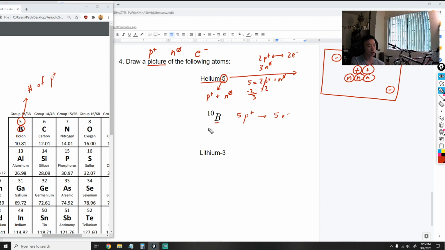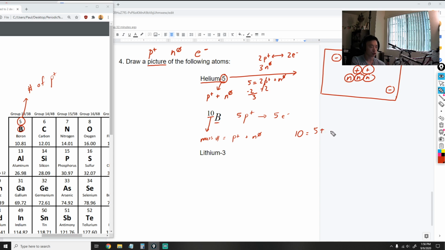The last thing we're going to do is find the neutrons. And in order to find the neutrons, we need to use this number. Remember, the number on the top left is the mass number, and that is equal to the protons plus the neutrons. So if we have 10 as the mass number, I'll write it right here. 10 equals how many protons? 5